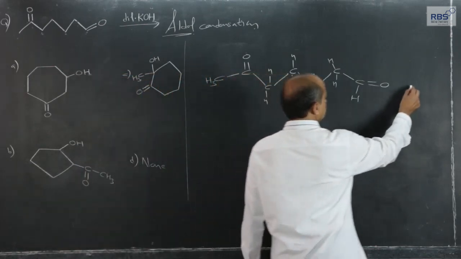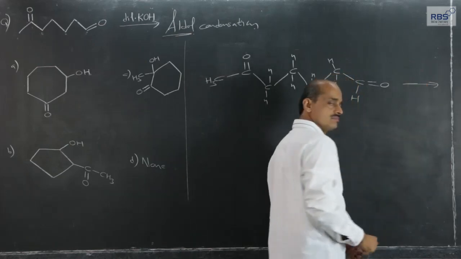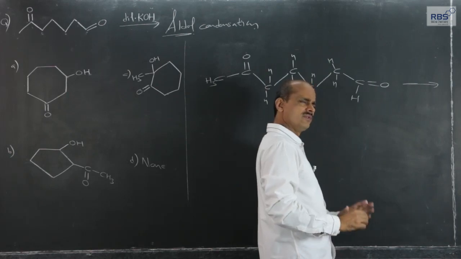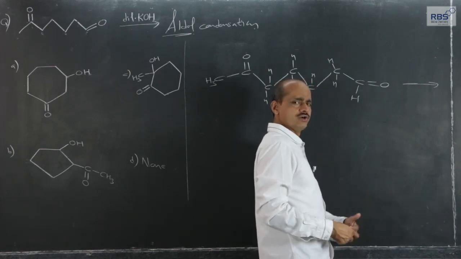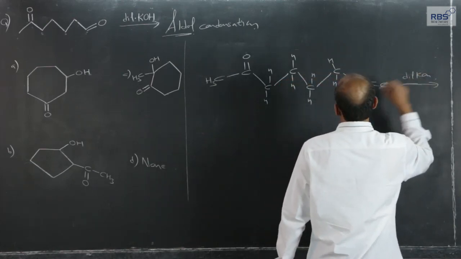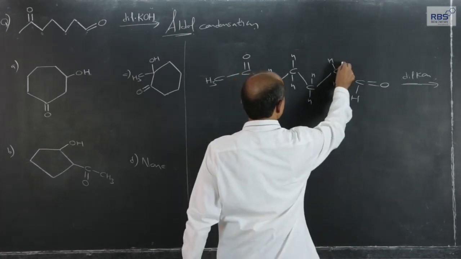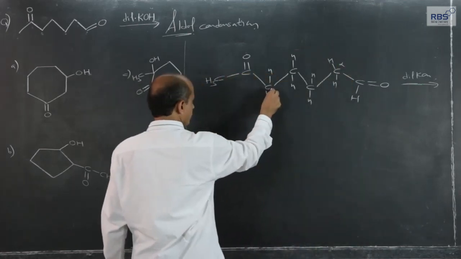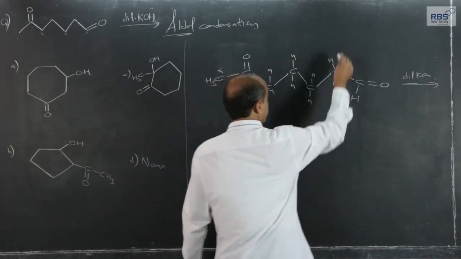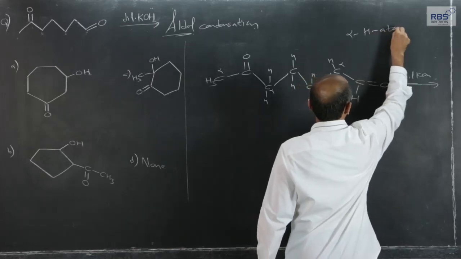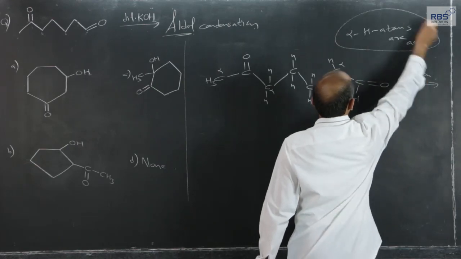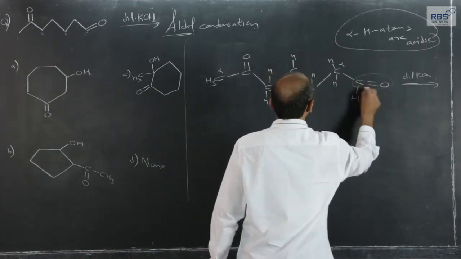Now, in presence of weak base, aqueous solution of sodium carbonate, aqueous solution of barium hydroxide, or if it is strong base, it should be dilute NaOH or dilute KOH. Here dilute KOH is used. So, OH minus, alpha carbon atom, alpha. So, there are 3 alpha carbon atoms, and alpha hydrogen atoms are acidic because of electron withdrawing effect of carbonyl group,